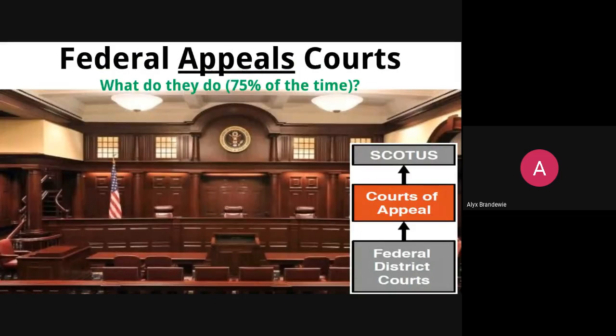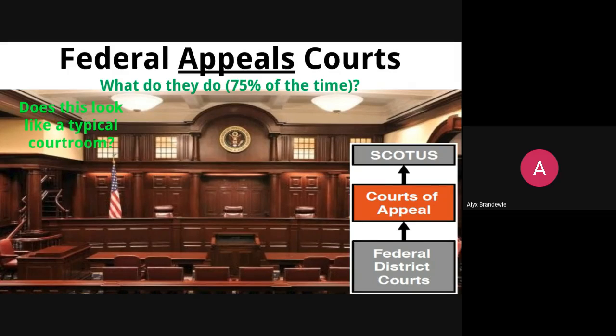Federal appeals courts are the next level of the federal court system, and 75% of the time, they hear an appeal. So if the district court makes a ruling, say they find such and such a person guilty of a crime, and that person that was found guilty wants to appeal the decision, when they appeal the decision, it means that it moves up a level. It goes to the Court of Appeals. And what you'll notice immediately in looking at this is that a Court of Appeals looks a lot different than a district court,